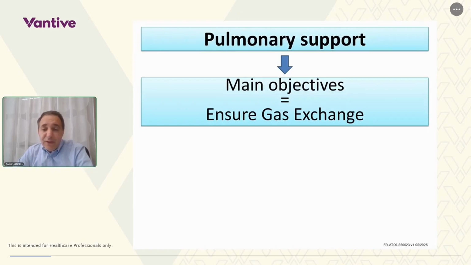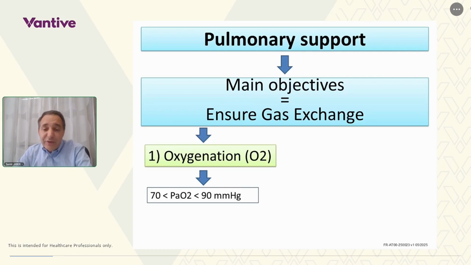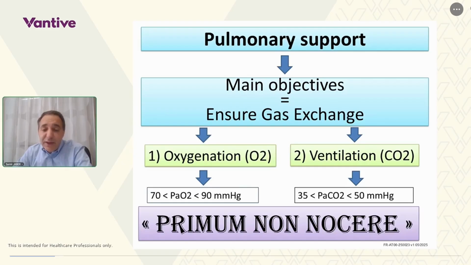This is the introduction. The main objective of ventilation is to ensure gas exchange. First of all, oxygenation, to maintain a PO2 between 17 and 19. And secondly, to maintain a normal PCO2 between 35 and 50. First of all, primum non nocere, this is the main thing. During 13 years, we treated ARDS just by maintaining physiological variables in the normal range. And we learned in the 2000s that probably we should take into account pressure more than the physiological variables